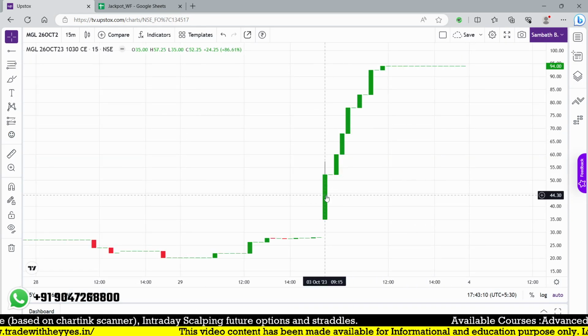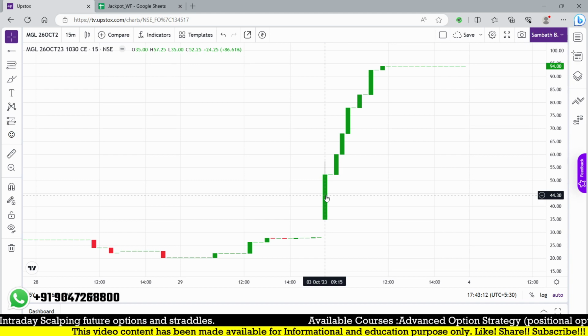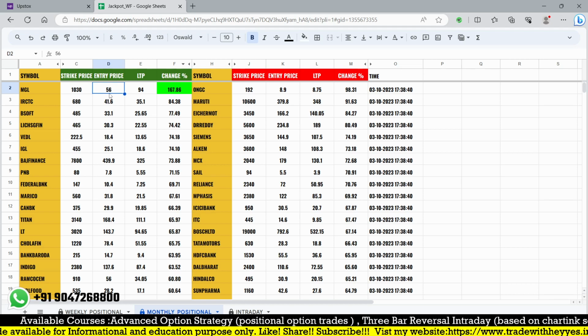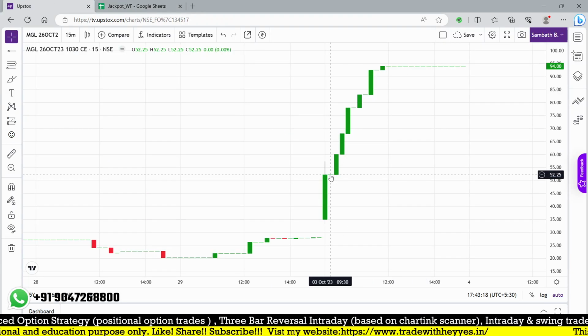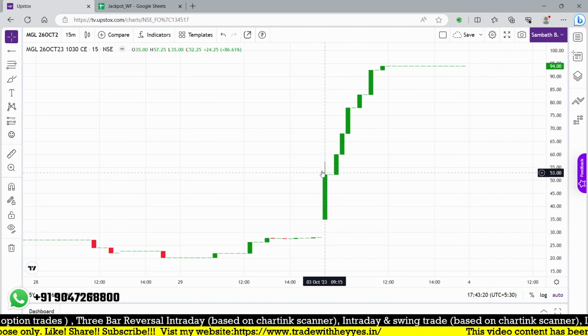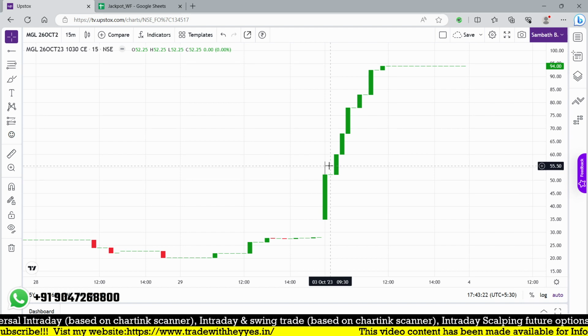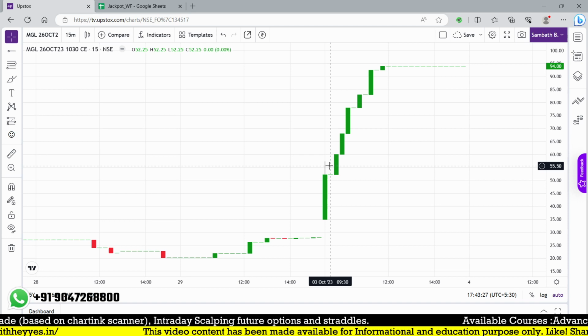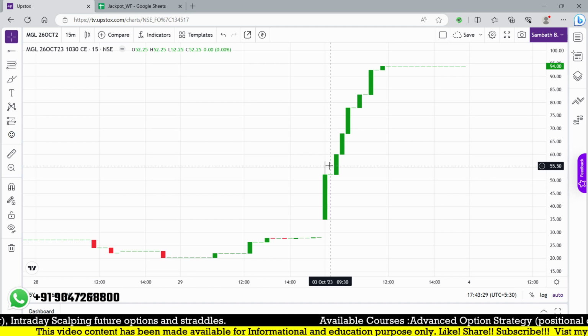And this was the first candle. 57.25 is the high in the first 15 minutes time frame. And look at this, 56 is our entry point. Maybe after the next candle, it came to 52, maybe if you are following this as a retracement entry. But any stock which triggers our entry point before 9:30, we consider that as a gap up stock,